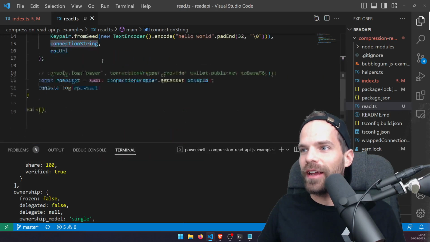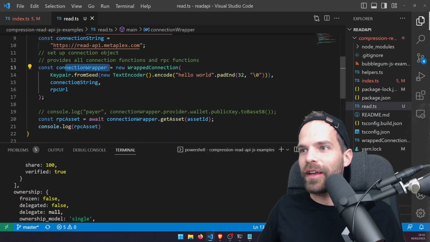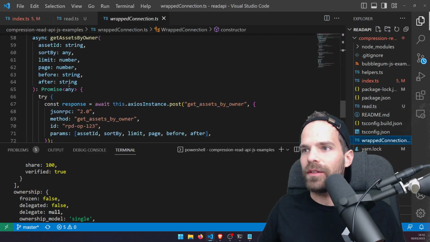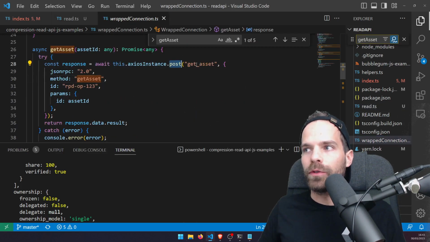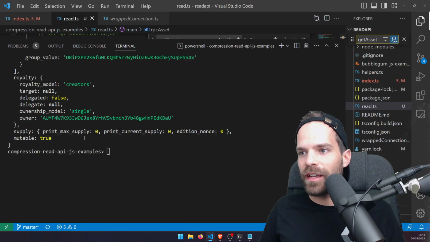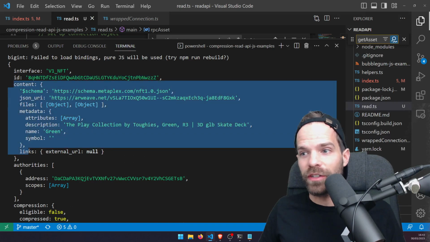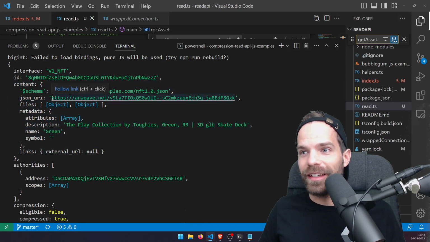With this URL, we can just put that in the connection wrapper and then request an RPC asset by connection wrapper get asset. And all that get asset does, look at that, is to do an HTTP post request on get asset on that URL and then return the data from it. And that stuff gives us this entire thing. Let's have a look. We have interface v1 NFT. Okay, that's the ID, so that's the asset ID. And the content, so that's the actual data, I guess. This is the JSON URL or URI. And if we go there,